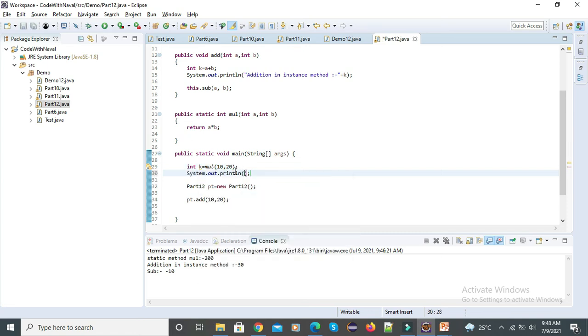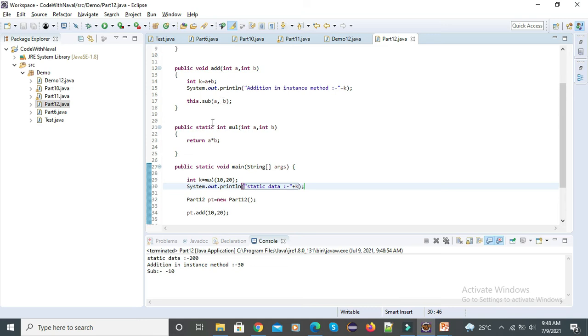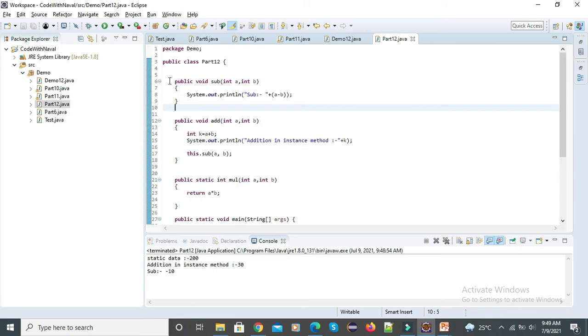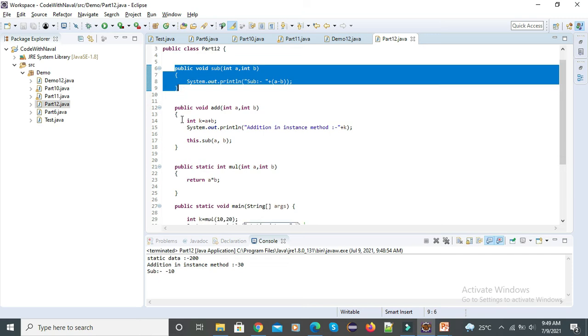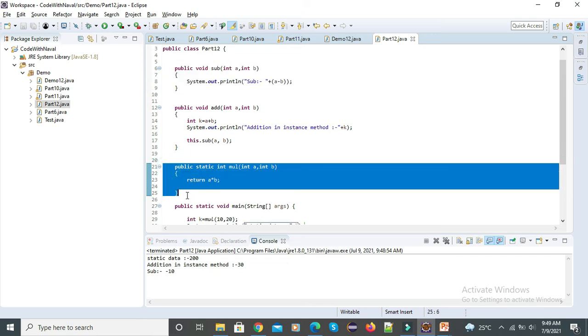Simply system.out.println, and here we can say static data colon, plus concatenate k. Let's save this, run this. We can see static data 200. We simply return that result. In this way we can create a user defined method, an instance method, or a static method, depending on our requirement.